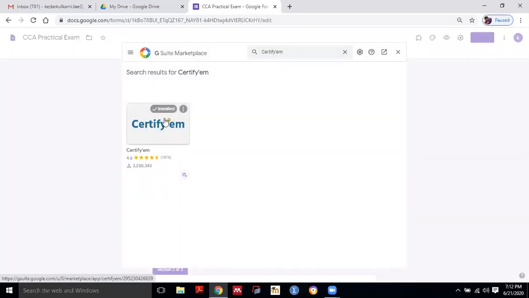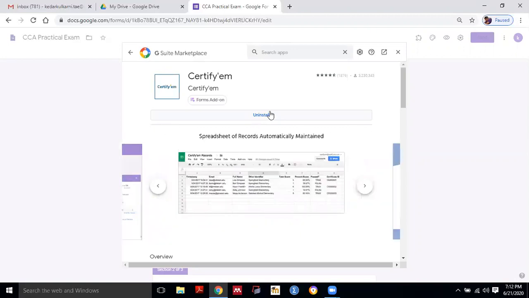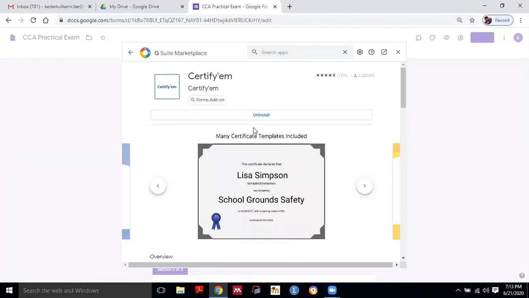Then I will click on this, and here I will click on install. As I installed already, so it will not show install option. It will be enabled for those who are not installed. You can install it and click on next and finish button, and you will get these options.